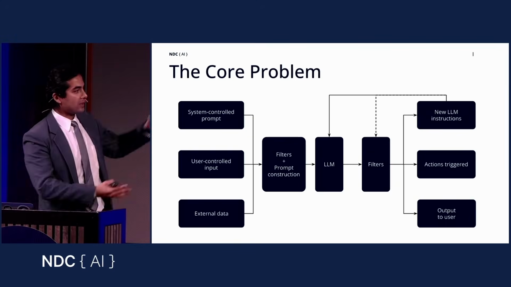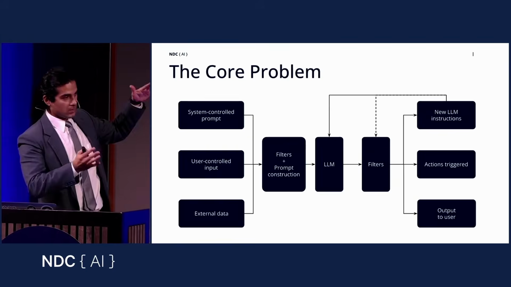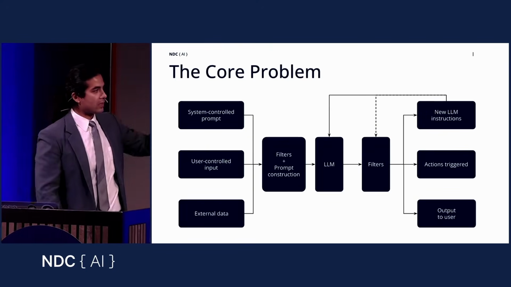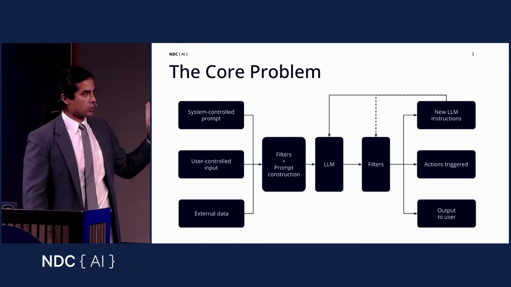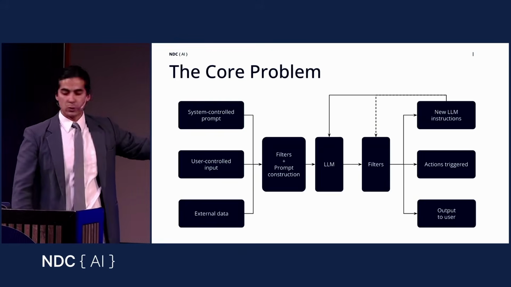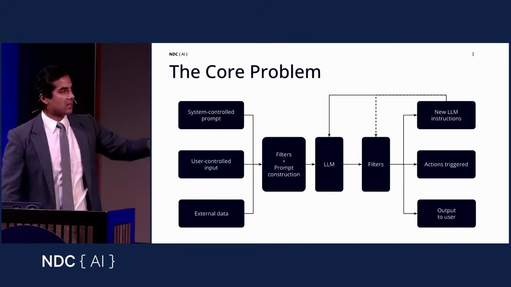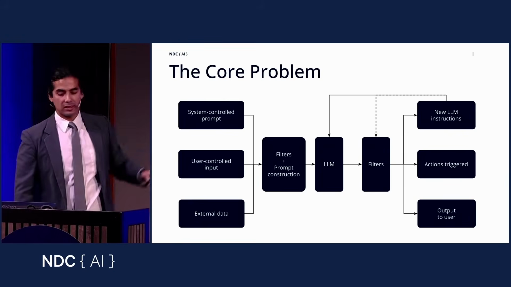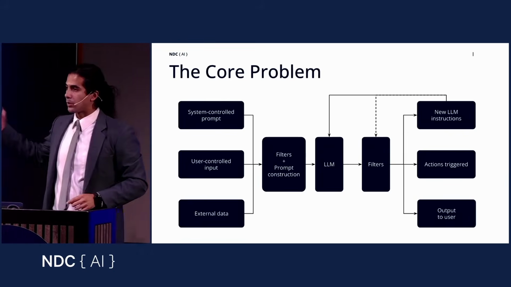All of these get put together. Some filters can be applied, the prompt gets constructed, it gets sent to the large language model, some filters can happen, and then either actions can be triggered, new LLM instructions, or the output can be sent to